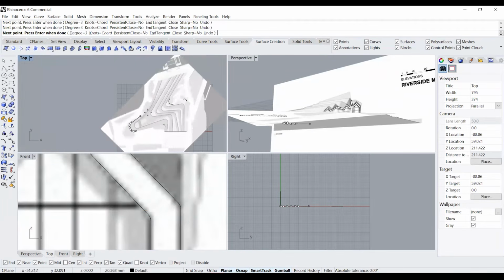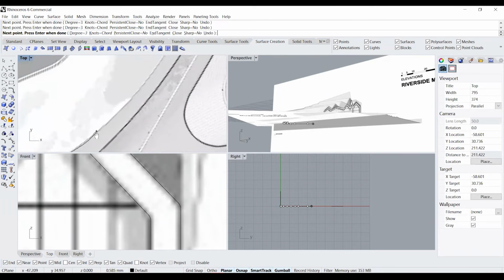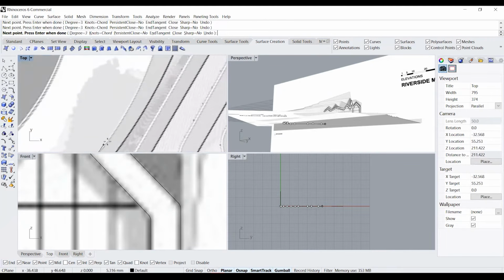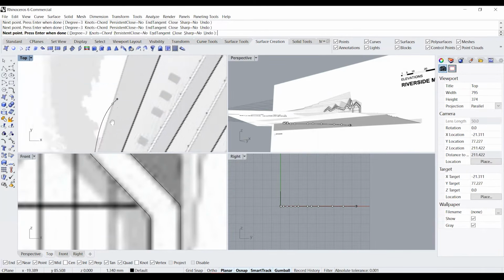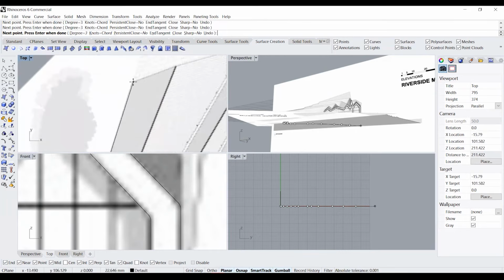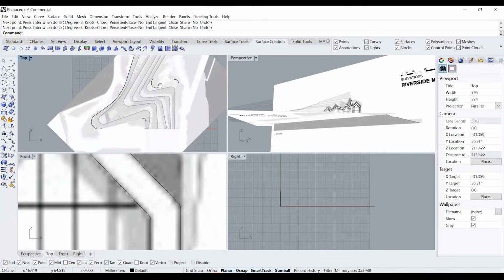If you look at this particular curve, it's not exactly straight, so we're going to continue with our interpolate curve through and through and finish this edge out. So we have the outer curves complete.